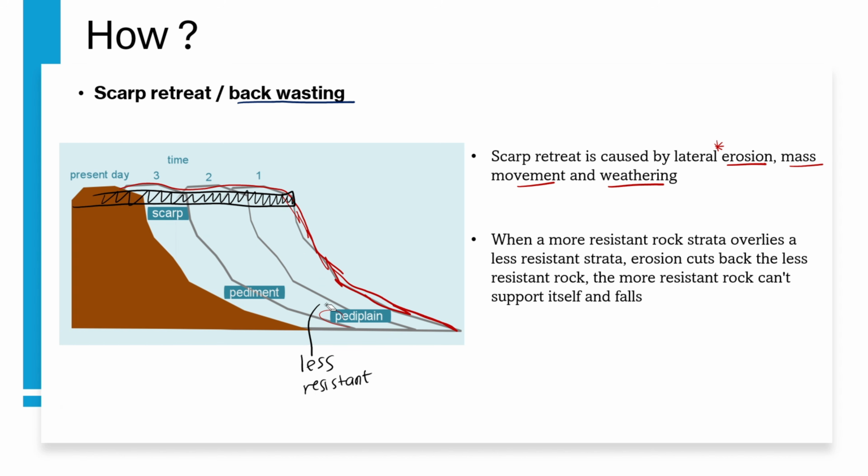When you're explaining it, you must explain that the less resistant rock will be eroded away. So the rock that was here is eroded away, or it is washed away by all those processes, weathering and lateral erosion. It can be water or it can be any other agent that is washing away the less resistant rock. And when this less resistant rock is washed away, the one on top, which is the more resistant rock, is not easily washed away.